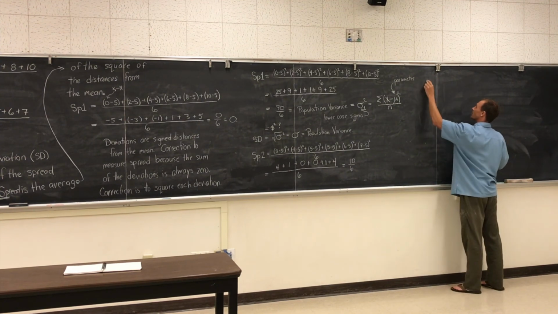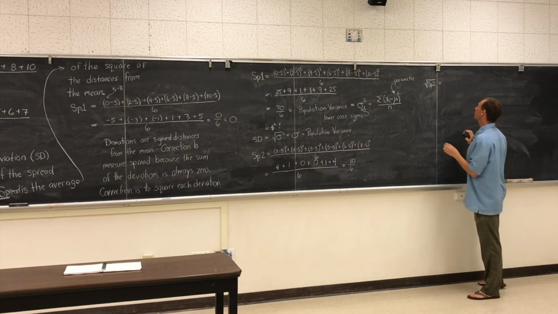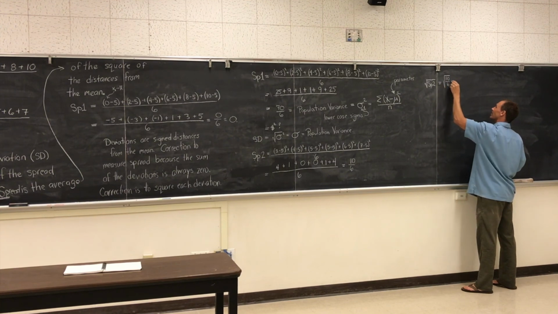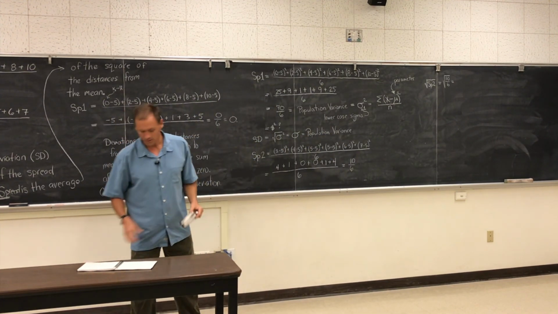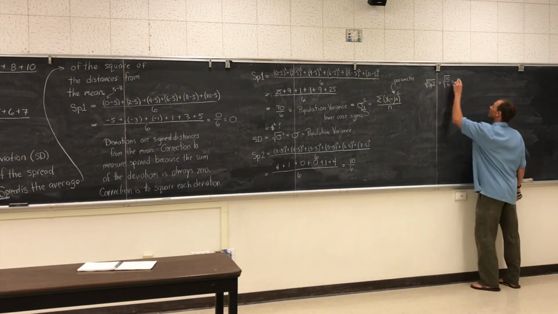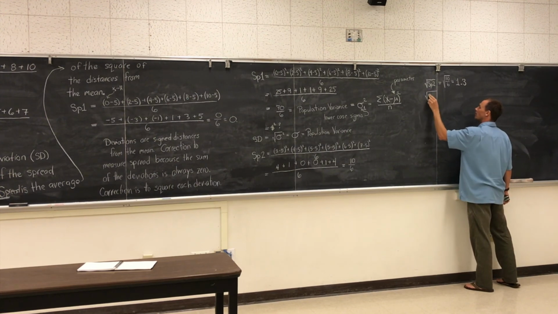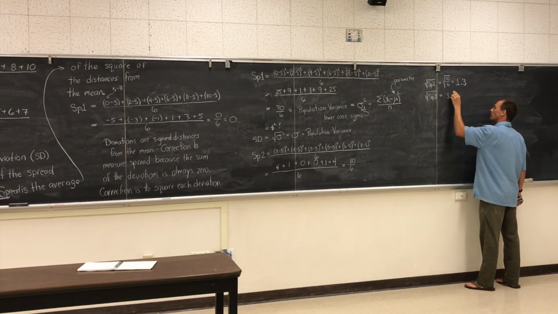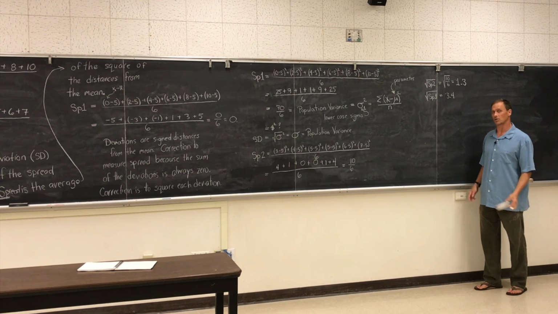And then if we were to come over here, let's write the square root of our spread for data set 2. This is the square root of 10/6, and let me check, I actually have this written down somewhere, this is about 1.3. And remember, I'm rounding to tenths. My data is in whole numbers, so I round to 1 more decimal. And the square root of the spread for data set 1 worked out to be 3.4. So the standard deviation, as we measure it, is a little bit less than 3 times larger for data set